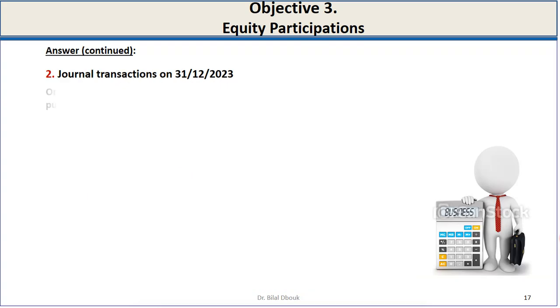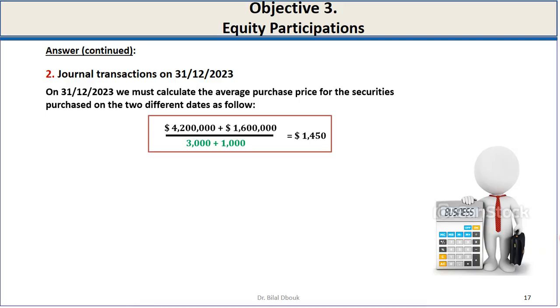For the year 2023, I have to record provisions. I have to compare, as we said, the inventory value and the purchase price. But because I bought different securities, the first 3,000 at a different price and the second 1,000, I have to calculate an average price for the total securities, which are now 4,000 securities. So I add the total amount of the first 3,000 plus the amount for the second 1,000 over the total number, which is 3,000 plus 1,000 securities. So I got a weighted average cost of